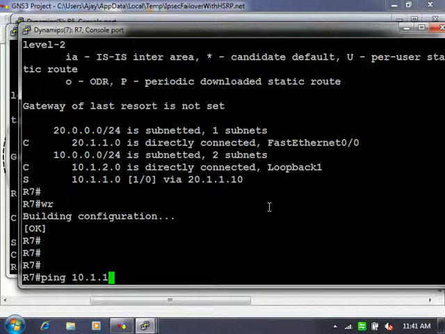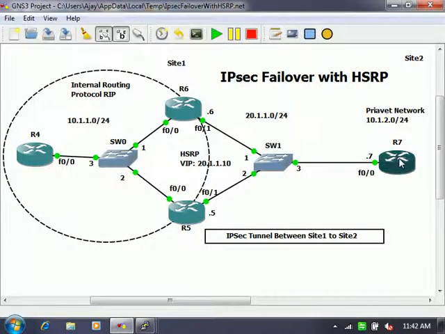Okay, let me show you the topology. From here we are trying to test the VPN tunnel. What are your two private networks? That is one private network. What you said is one private network. What is the other private network? 10.1.1.2, right? So your VPN traffic is traveling from the 10.1.2.0 network to the 10.1.1.0 network. If you try to reach 4.4.4.4, it is not VPN traffic, because we did not specify it under the crypto ACL. So at R7, if I want to initiate the tunnel, what should be my source and destination?